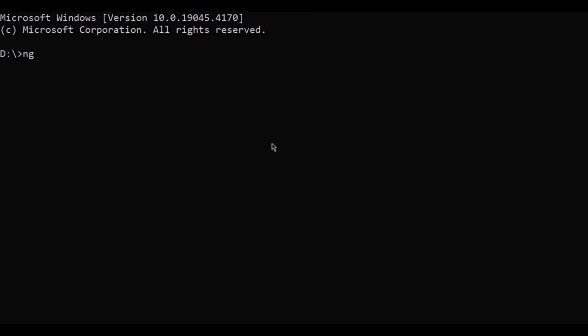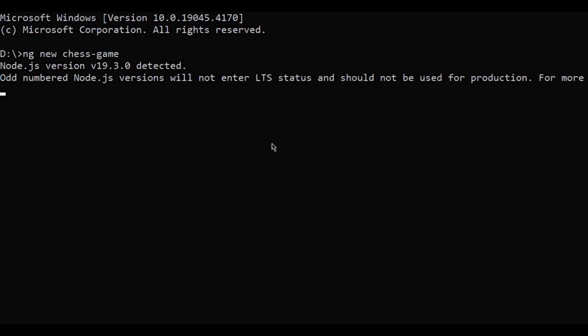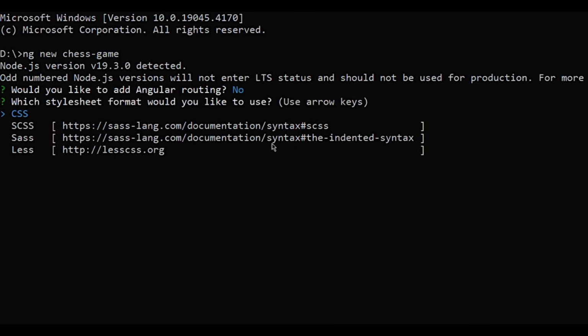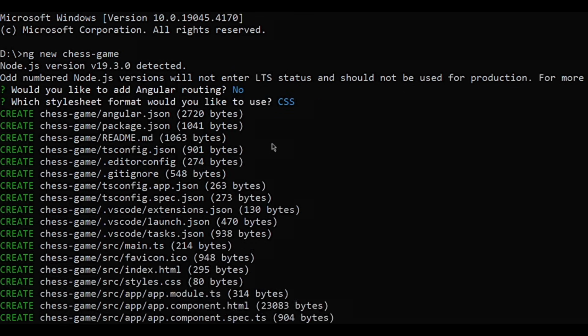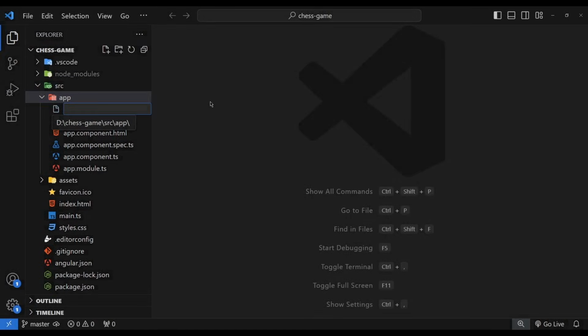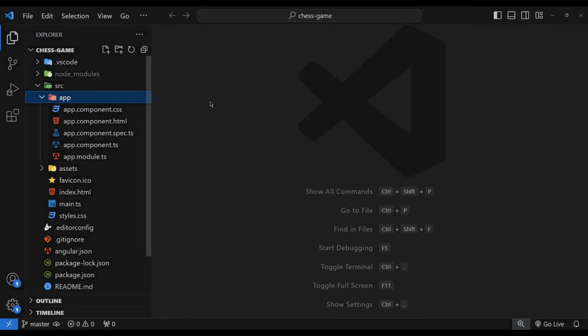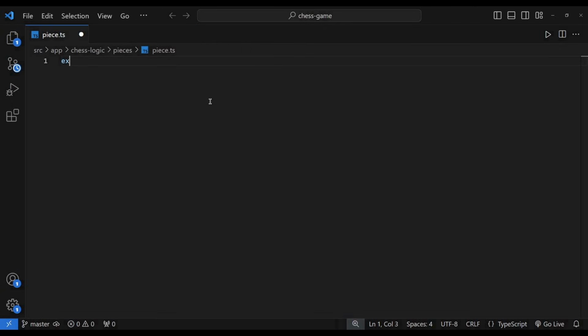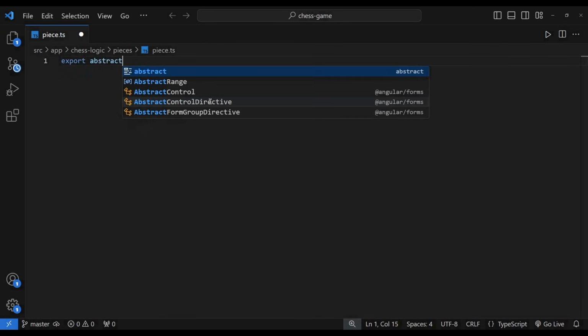In the terminal, create a new Angular project, chess game, and once it is completed, open Visual Studio Code and we can start with coding. We are in Visual Studio Code. In the app folder, create a chess logic folder, then a pieces folder and declare the piece.ts file. Now declare the abstract Piece class